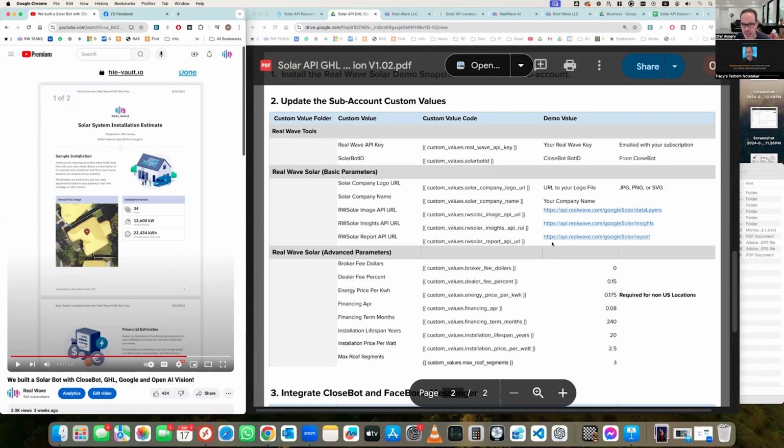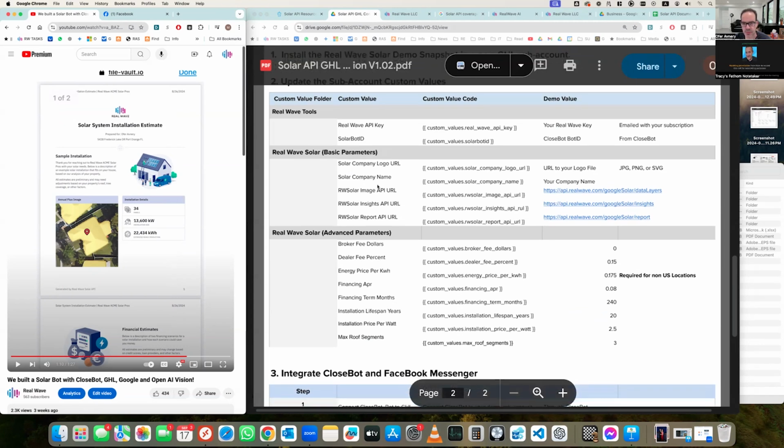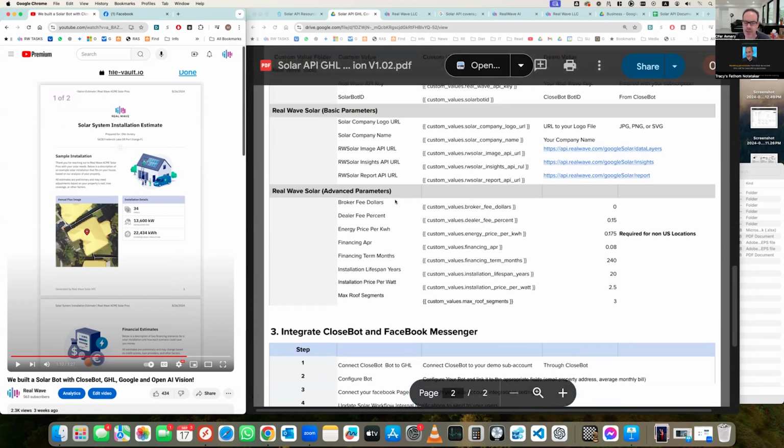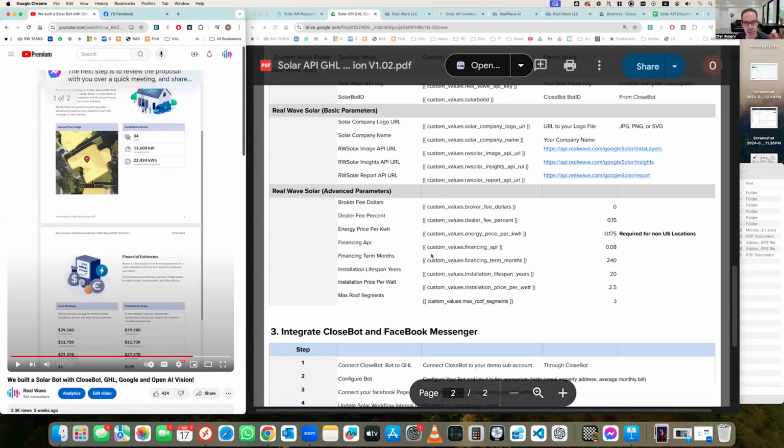We have already built in the configuration for the API. And then there's some additional configuration, financial parameters that would define how the financial calculator works. For example, what's the broker fee in dollars? What's the dealer fee in percent? What's the default energy price per kilowatt hour if the user did not provide one or we couldn't find it